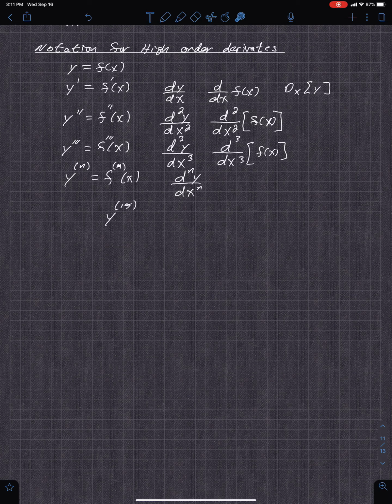And just an FYI, in Calc 3, you end up doing what they call partial derivatives, and then this order down here will matter. They're partials, and they have different orders of variables. That would basically mean you do z first, then y, then x of, say, f of x, y, z. So the denominator matters, but for now it doesn't,